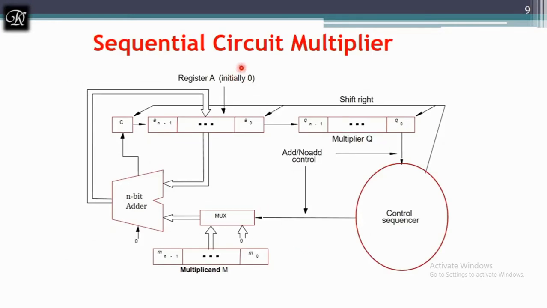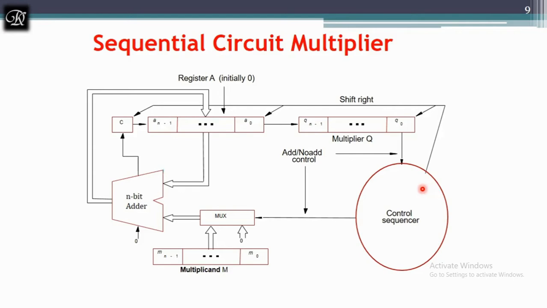Before getting into the example, let's see how the sequential circuit looks for a sequential multiplier. Here we have a control sequencer. Just like in the previous video, where I discussed how you can use an adder as a subtractor with a control signal called add or subtract, if it is 0 we add, and if it is 1 we subtract.